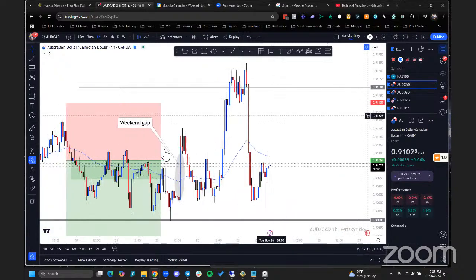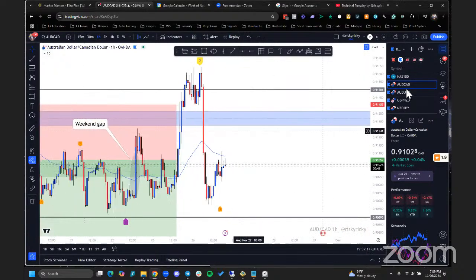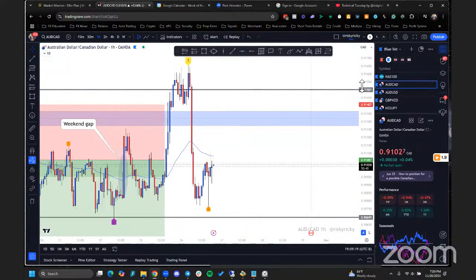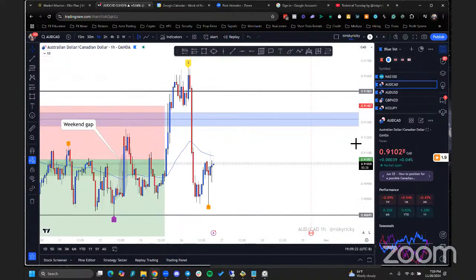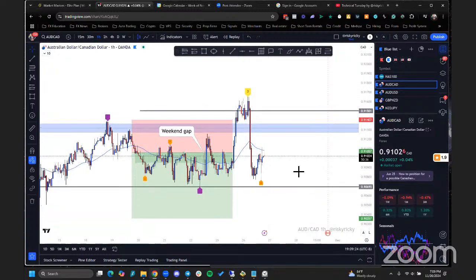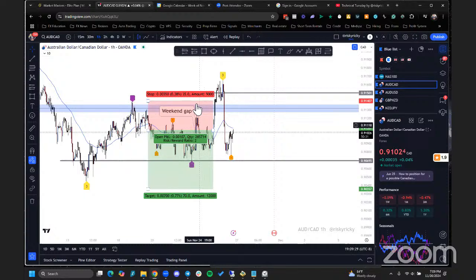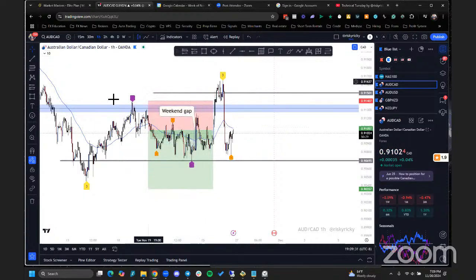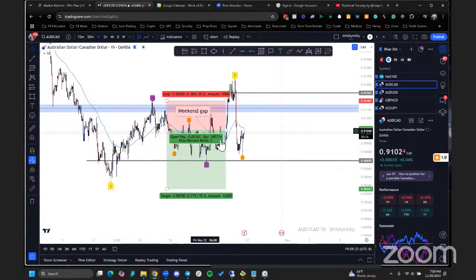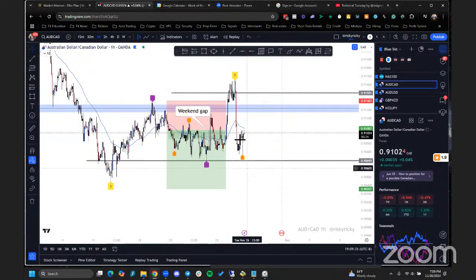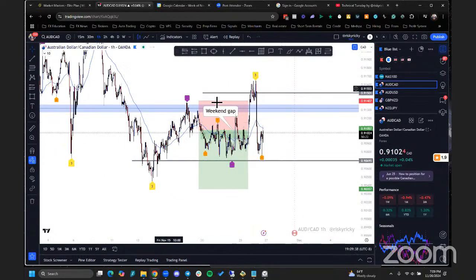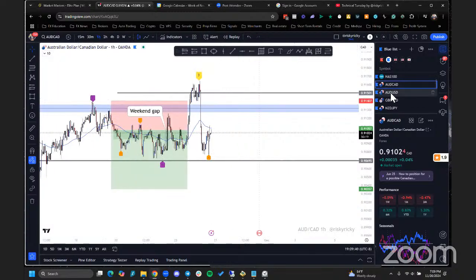This is actually a pretty not-so-good trade. I actually took a loss on this trade here. It was consolidating, came back up, and then dropped back down. It was a very choppy market that happened on this AED CAD here, but let's get into the majors. So we'll start with Euro USD.